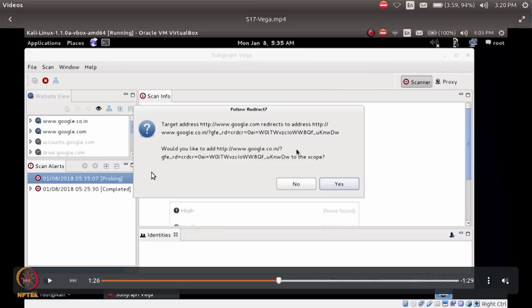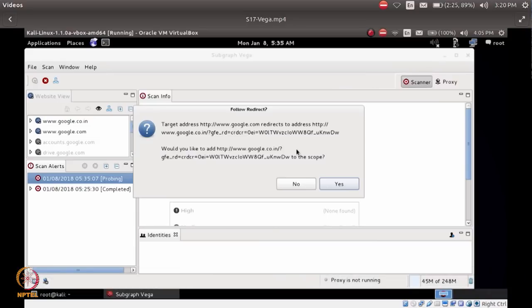The moment I press finish and the OK button, I get a redirect message, because I had typed www.google.com, and it now tells me that it is getting redirected to another site called google.co.in. Vega asks for a confirmation from the user on whether the scan needs to be performed on this redirected site also, because in quite a few cases we would find that it takes us into a different site on which we never intended the redirection to be done, in which case I could say that I do not want the scanning to be done on the redirected site